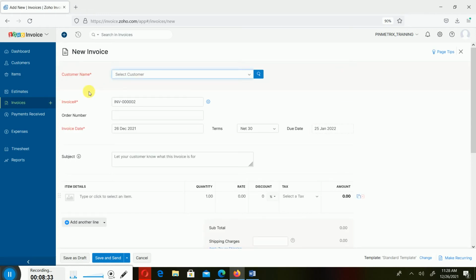So aside from looking at this, now take note of something. What has the system brought out for you here? The system has told you to pick a customer name, which means you must have a customer created on the system before you can actually invoice. So I would advise that there are situations whereby,